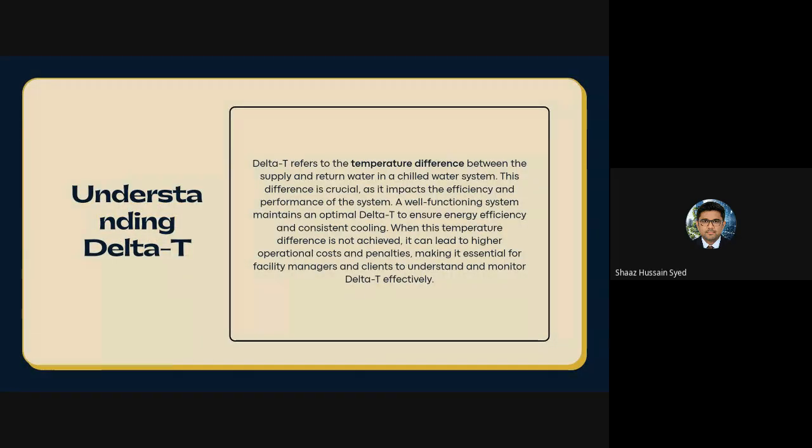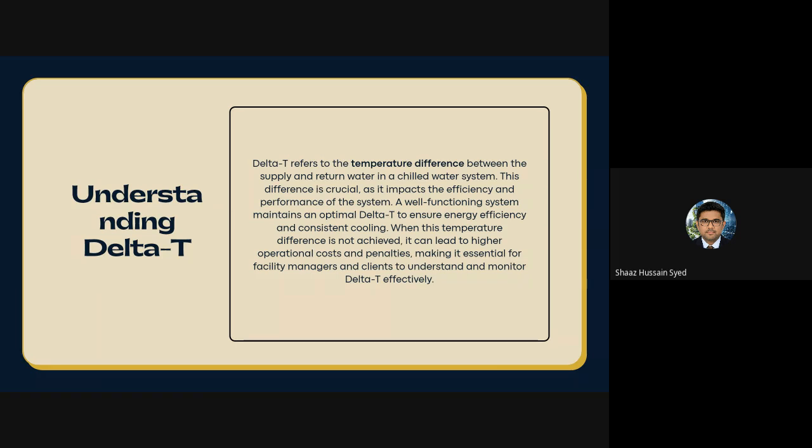First of all, I'll explain what delta T exactly means. To explain in simple terms, district cooling works like this. Cold water comes from the district cooling company, it enters your ETS, and from ETS to your building. ETS is the energy transfer station. It's a room where your heat exchangers are, and from there it will absorb the heat from your building. So basically, the chill water which is flowing in your secondary network in the building will absorb the heat from your building, and it will send back the warm water to the district cooling.